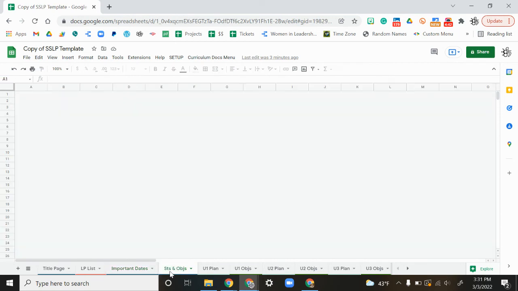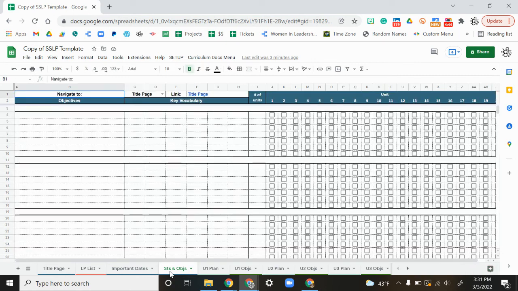The other thing that you're going to want to do before you can use this is to fill in your standards and objectives. These long rows are for standards, and then you add the objectives that you break the standard down into underneath that long row. You can add rows here if you like. That's totally fine. So again, standard,